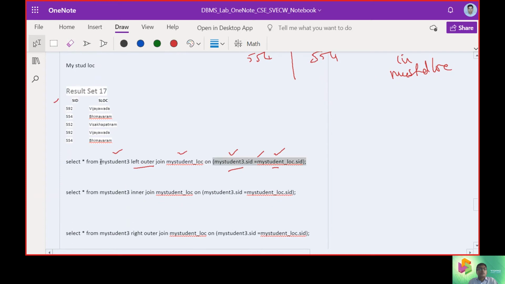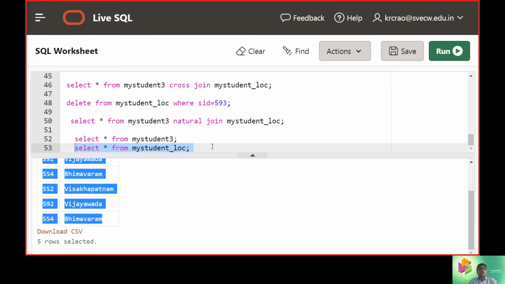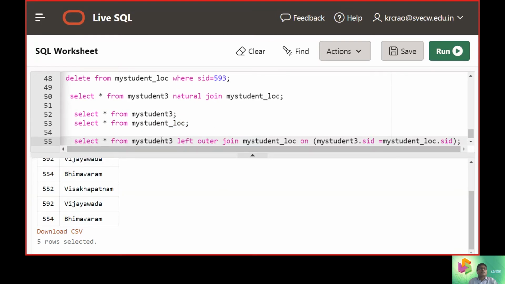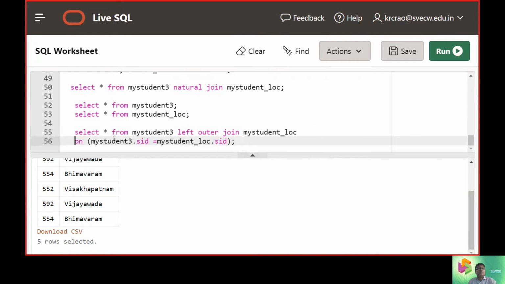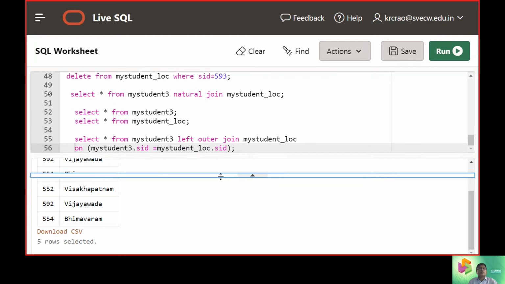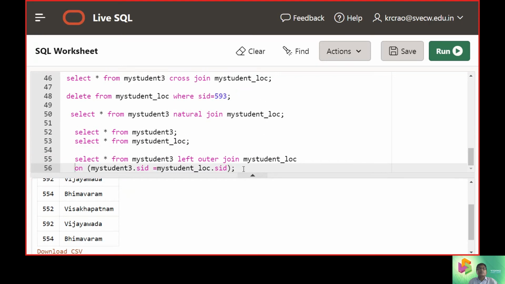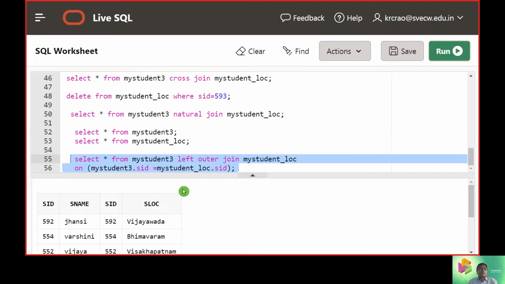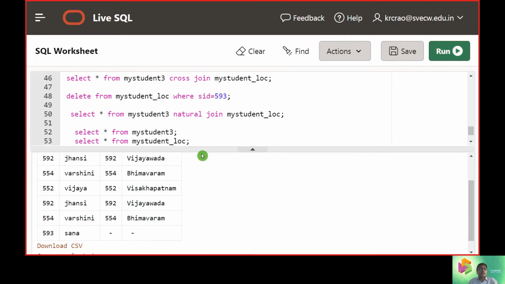Now take up this task of left outer join and bring it here and see how it goes. We are hitting the run button to execute the content.